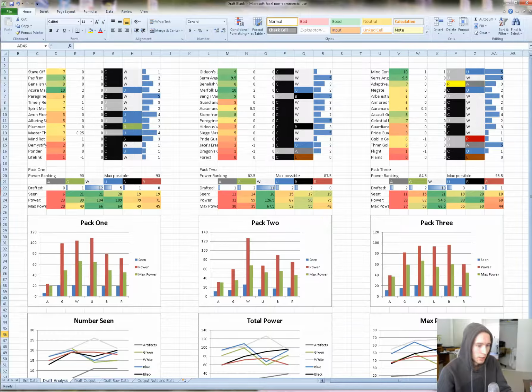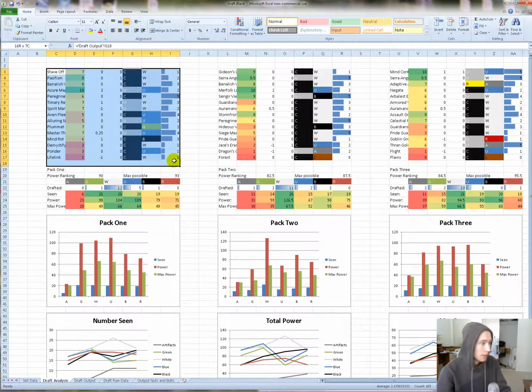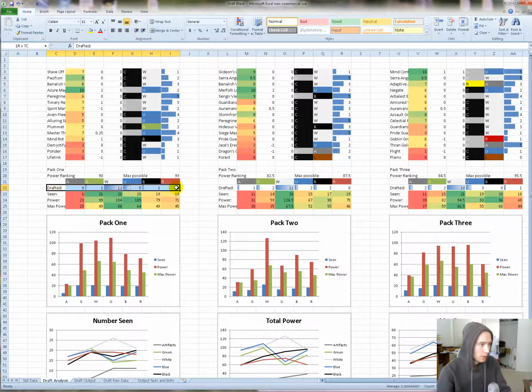So this is draft analysis. There's actually more over here. It's not laid out perfectly or anything yet. In fact, it's not laid out very prettily at all. This shows you pack 1, your 15 picks, pack 2, your 15 picks, pack 3, your 15 picks. And then down here, there's some other information. It shows you which colors you drafted,